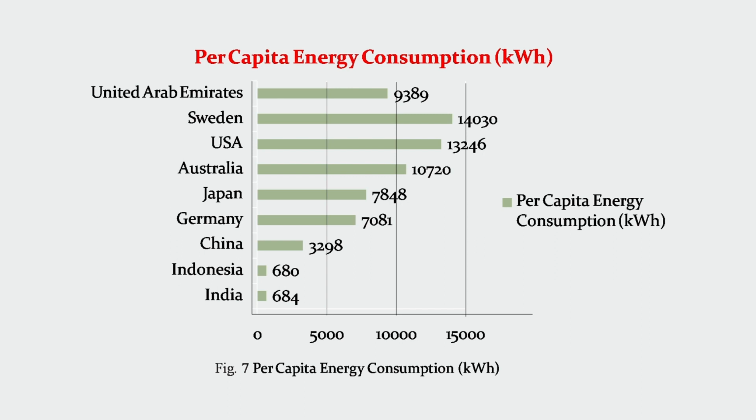Energy intensity. Energy intensity is the energy consumption per unit of GDP. Energy intensity indicates the development stage of the country. India's energy intensity is 3.7 times of Japan, 1.55 times of USA, and 1.5 times of the world's average.